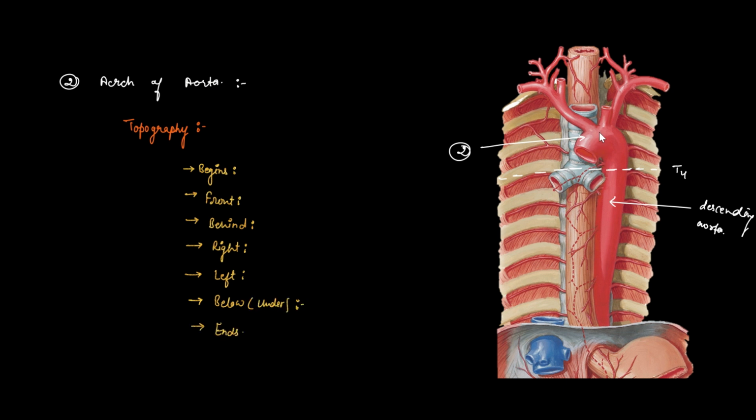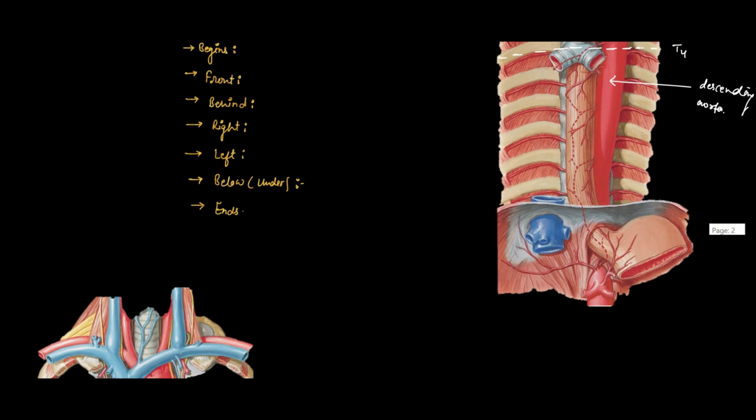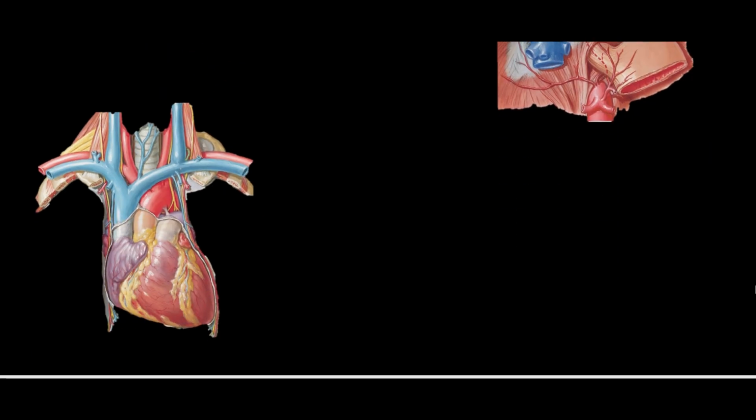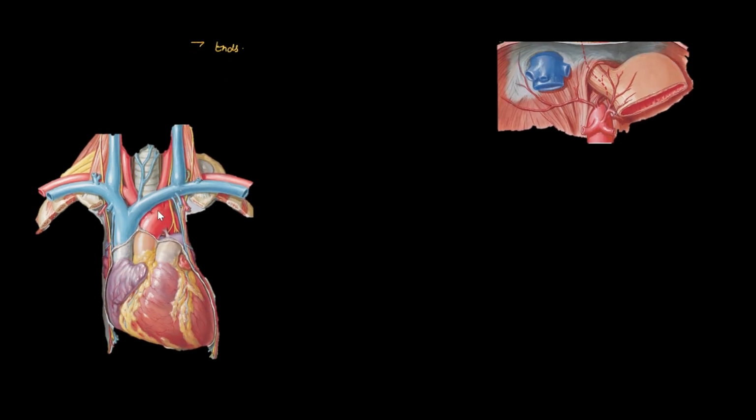We can clearly see in this picture that on the back side, the arch of aorta is in contact with the trachea from behind, and this picture clearly explains that the prominent side or the main side of the arch of aorta is in contact with the left brachiocephalic vein in front. Below the convex surface of the arch of aorta passes the right pulmonary artery, which arises from the bifurcation of the pulmonary trunk.